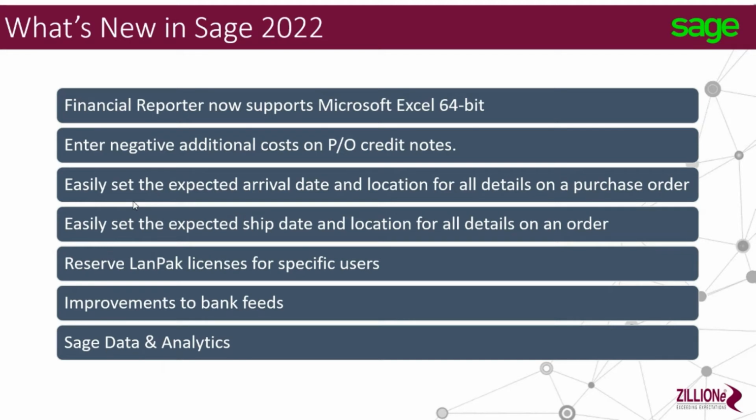So you would know that Sage is currently on a concurrent basis. It's not named users, but if you do want to reserve a particular user license for a particular employee within your organization, a key resource, that reservation is also there. And it has also improved the banking feeds within Sage 300 in 2022, and Sage Data and Analytics